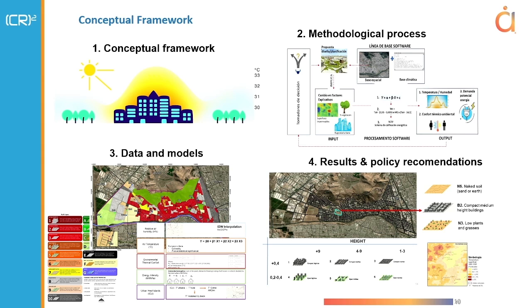And on top of that, it allows you to make scenarios of what would happen if you, for instance, changed a part of the city, the urban cover of one part of the city, and how the urban heat, extreme heat effect would change under different climate scenarios and under different building scenarios. So that has been used, next slide, on one specific city within Santiago, which is a big